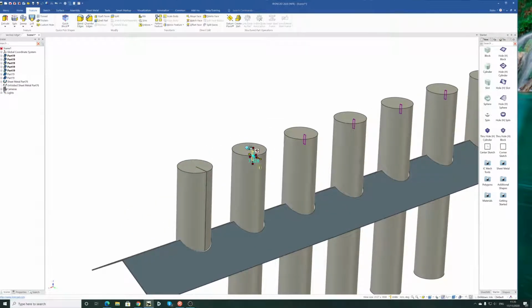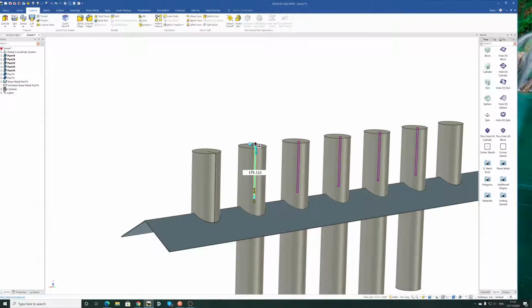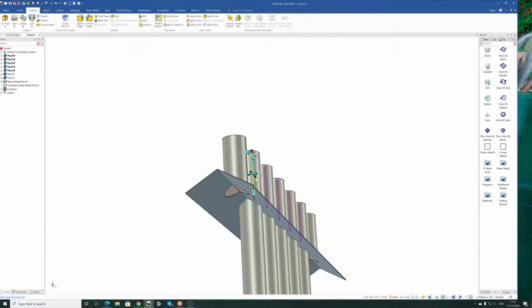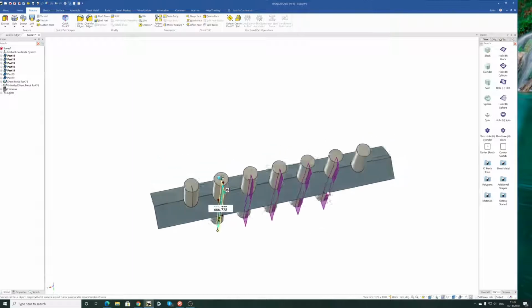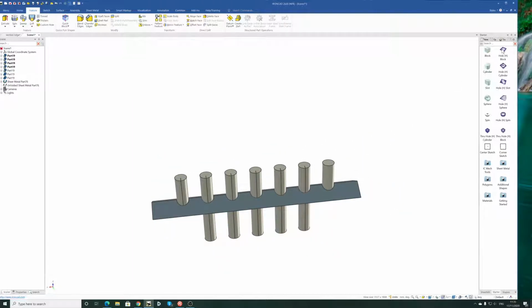zoom in a bit, I've just caught the wrong piece, there we go, and just take that part out there, there we go. Should have done that beforehand. Take it all the way down to the bottom, and it's 1mm, that's fine, accept that. And do the same on this side here as well. So I just put one on here,